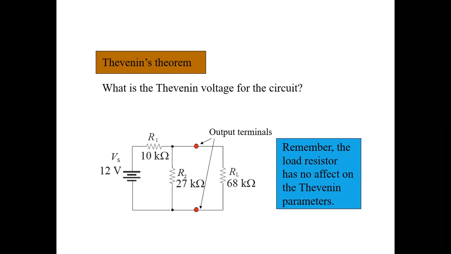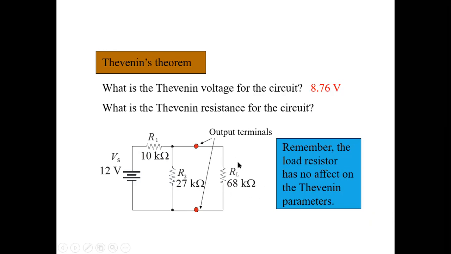The voltage across resistance R2 is current times resistance. The value of resistance in our circuit is 27 kilo ohm, so we only have to find the value of the current. Here V equals I into R by Ohm's law. To find that, firstly we have to remove the output load, so we remove RL.